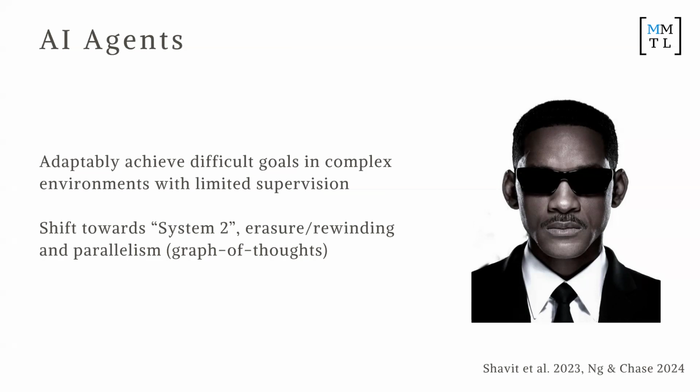Okay. Now, there's also some interesting fields within AI agents. One is a shift towards system 2. So if you recall, system 1 is the fast thinking system. System 2 is the slow thinking system. So that's just like a distinction that someone came up with. So the question is, can you create an AI that says, well, I need to think about this. I'm gonna take out more time and think about it and then give you an answer later. Because right now it's all system 1, right? It just immediately spits out an answer. Can you, for example, erase the thoughts that it's previously had and rewind the logic? Okay, so it said something and it goes, well, you know what? I'm just going to take back half of what I said and rewrite it. Okay, so can it have like a backspace function?